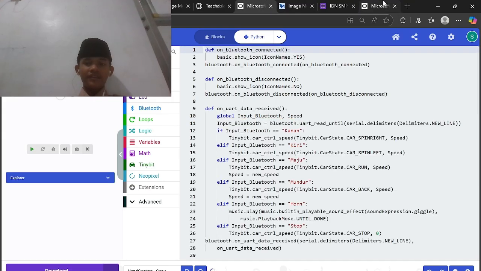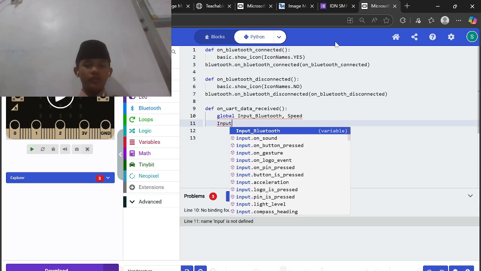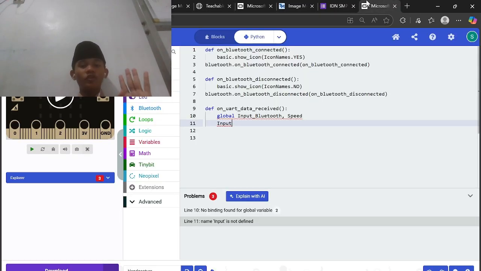Like this. Okay. Next, you add input Bluetooth. When the Bluetooth connects, it will also connect with the Teachable Machine micro:bit.